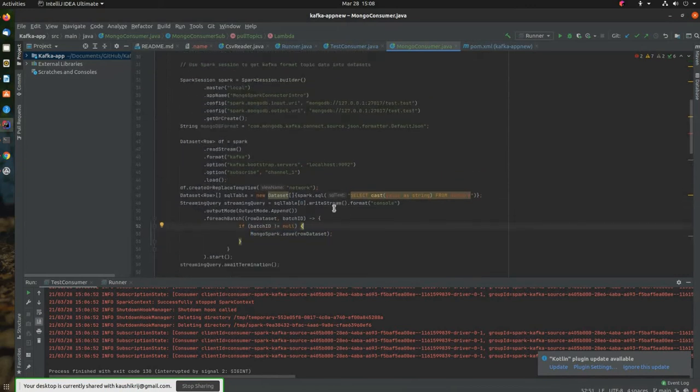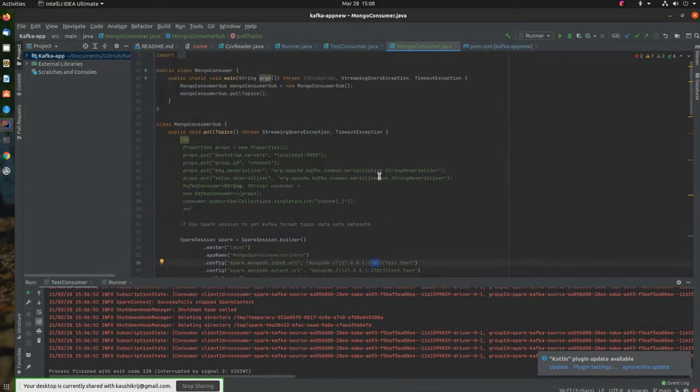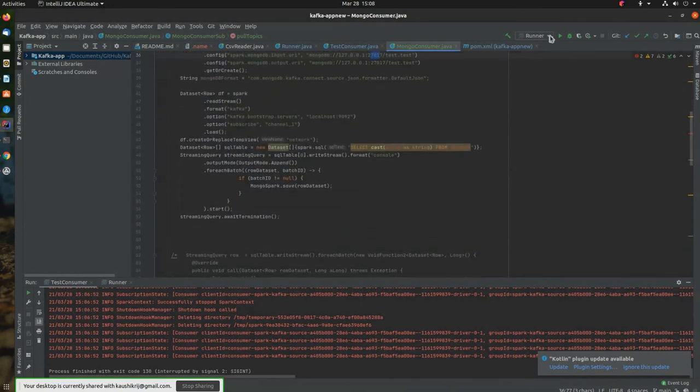So this was pretty simple, and the connection was also pretty easy and straightforward. It's working on port 27017 on the local machine. So yeah, and as we start the test consumer,